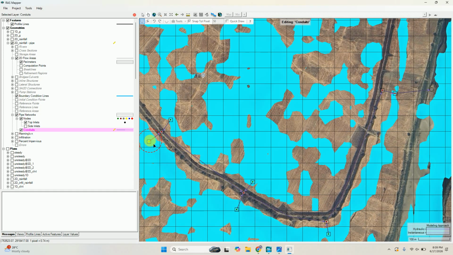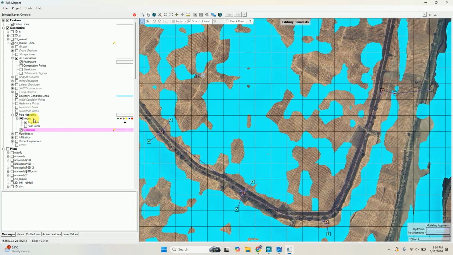If you want to take your water from here to this junction, then you have to click first here, then double click at the junction. Then the water comes from here, meets at the junction, and goes towards here. Similarly, first click here and double click here, first click here, double click here, and similarly you make this junction. And after saving everything, you have created this junction and this network.